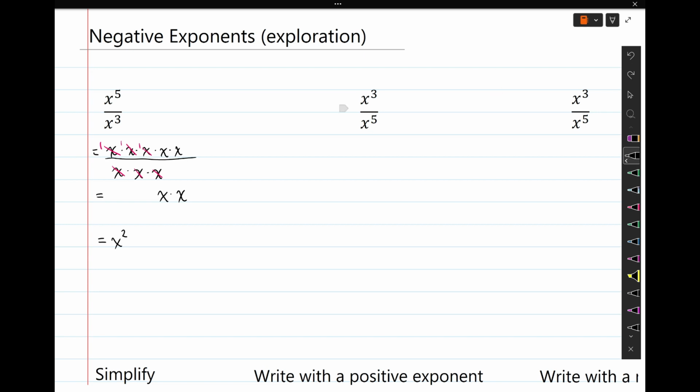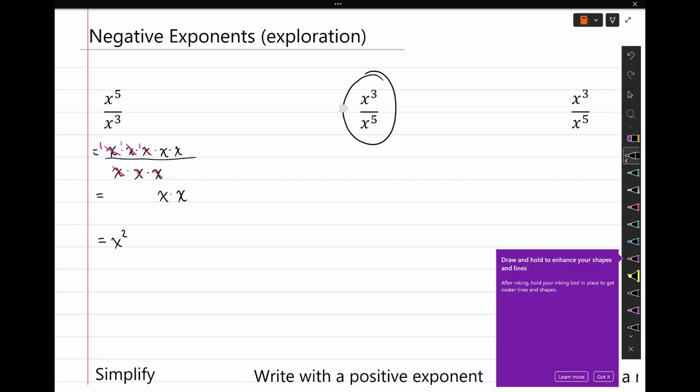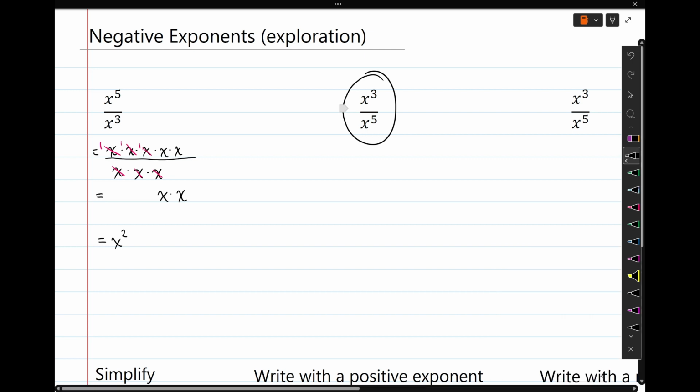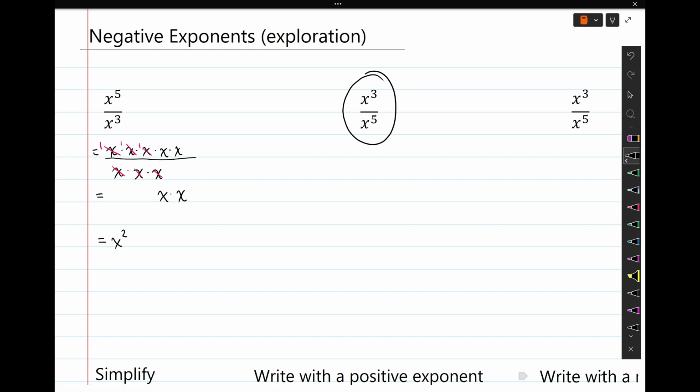So I'll ask you, try out that same process, take any shortcuts you would like, and try and come up with right here what x to the power of 3 divided by x to the power of 5 would come out to. Pause the video here, and I will go through it in 3 seconds here,